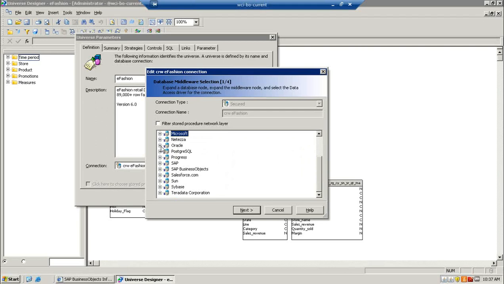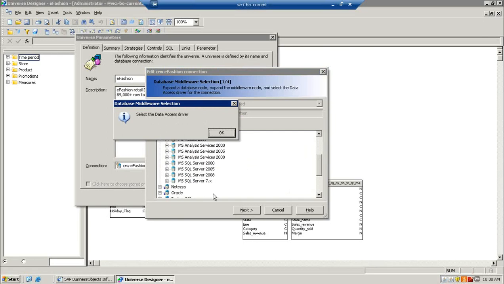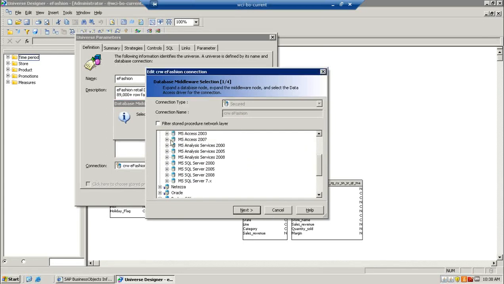And as I mentioned earlier, if you've got Oracle TNS names installed on your PC, that's where you can connect to it. As you can see in here, there are different types of drivers that these will connect to. Same with Microsoft. You've got Access 2007, Microsoft SQL Server up to 2008. So in order to connect to it, if I chose, for example, in this case,